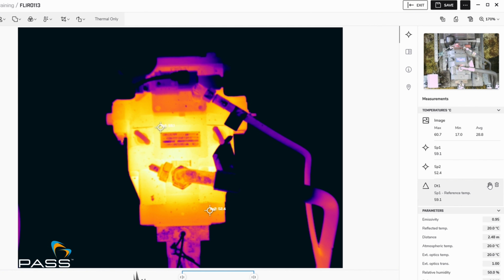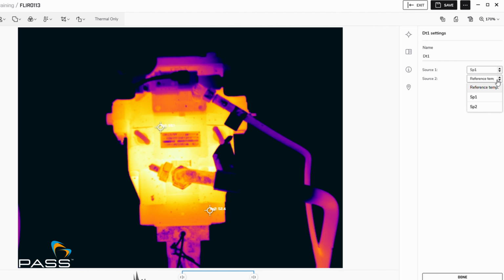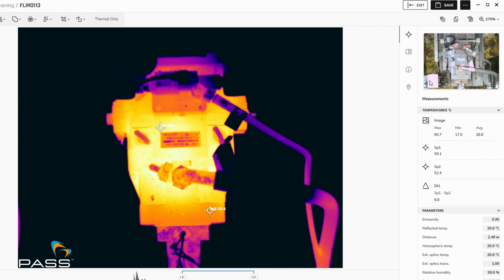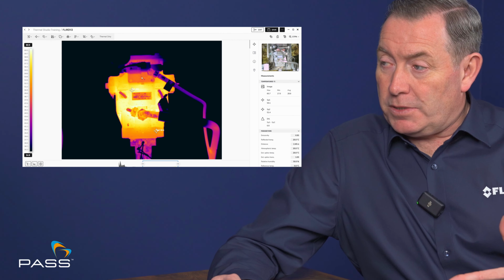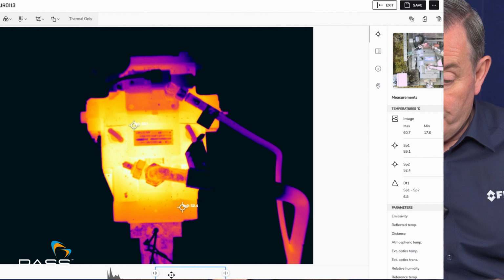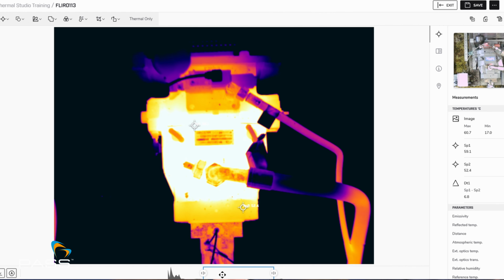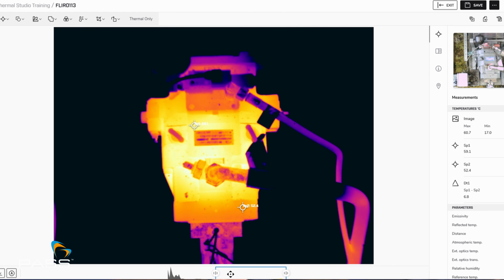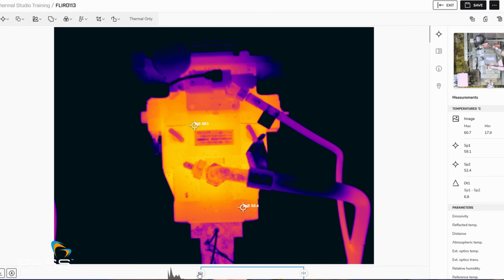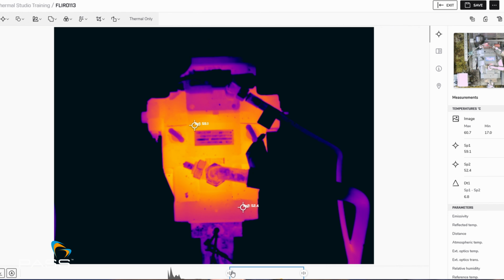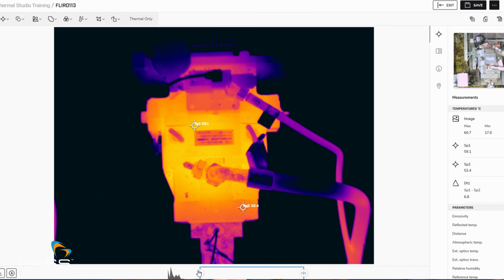So there's the delta. Choose our two markers, spot 1 and spot 2. And we've done that as a calculation. Another quick tool that we have access to, to enhance an image quickly, is down the bottom here, this toolbar. As I move this along now, you can see that it changes the look of the image quite quickly. So we can look at homing in on a particular area just by using this slider tool,